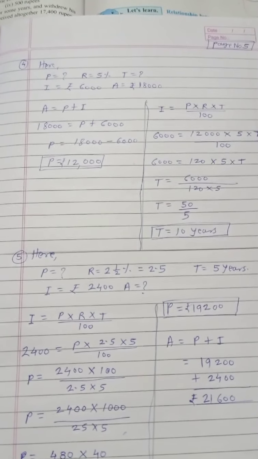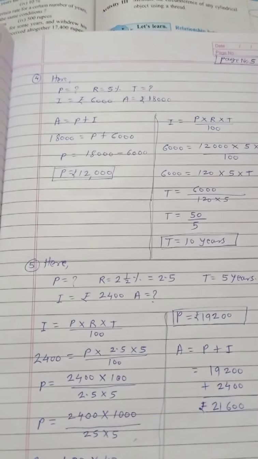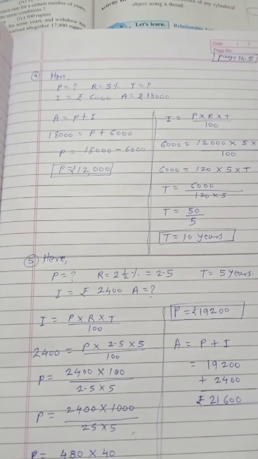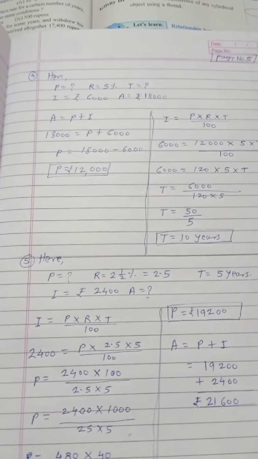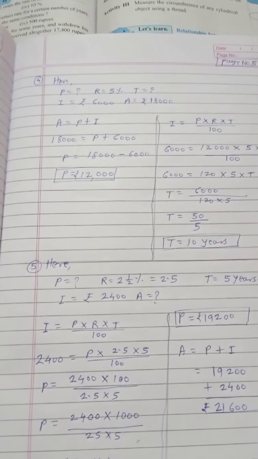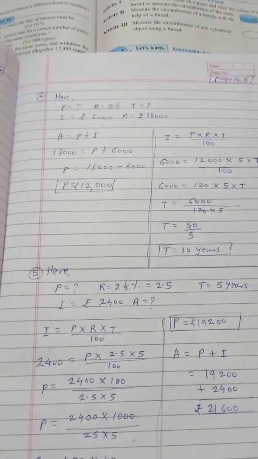This way we have to solve all these examples related to banks and simple interest. Okay, this is the complete lesson of lesson number 10. Solve all these problems in your CW book properly, and do more and more practice, and solve the solved examples also from your textbook. Then next time we'll go for our next lesson.